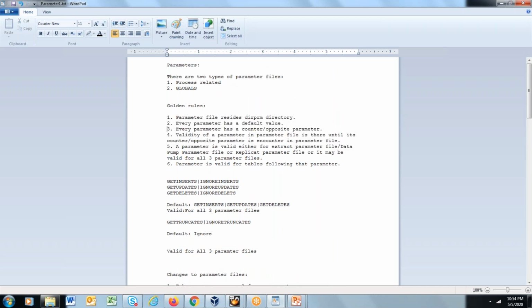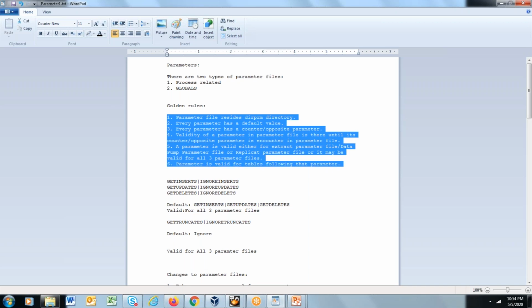While creating the new parameters in your Oracle GoldenGate parameter file, it becomes easier for you to set up Oracle GoldenGate or comprehend existing parameter files. So say, for example, you want to set up Oracle GoldenGate for a new project. In that scenario, you will be using these rules. Similarly, if you have to comprehend an existing parameter file in your environment, in that scenario as well, you will have to use these 6 golden rules.